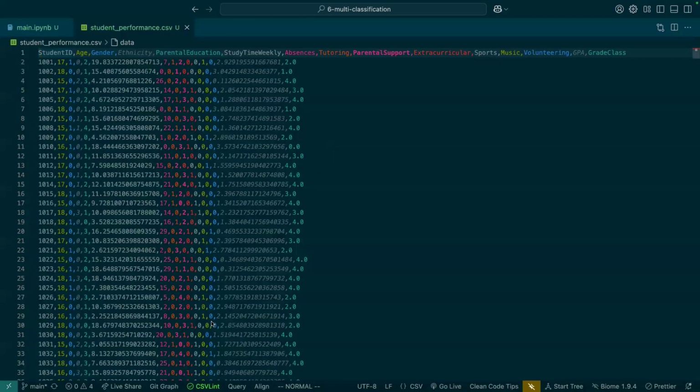What we have here is the student ID, their age, their gender, their ethnicity, their parents' educational level, how much time each week they spend studying, how many absences they've had to date, if they're doing tutoring or not, some number representing a level of parental support, some number representing a level of extracurricular engagement, some number representing a level of engagement with sports,